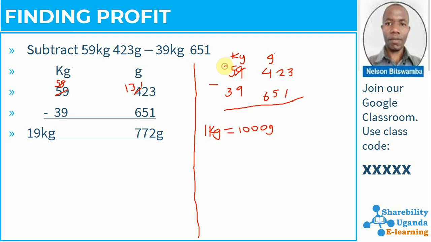So here we shall be remaining with 58, because we have borrowed directly. Okay, and now here we can be having our 1,000. Now the 423 grams, then we add plus the 1,000 grams. Okay, 1,000 grams. Then here we shall be able to come up with